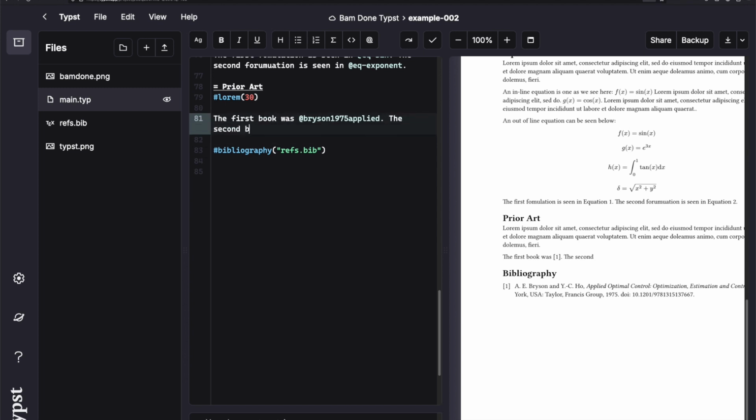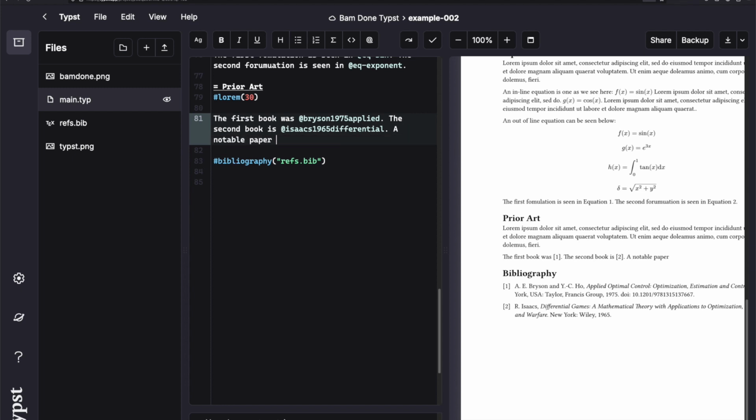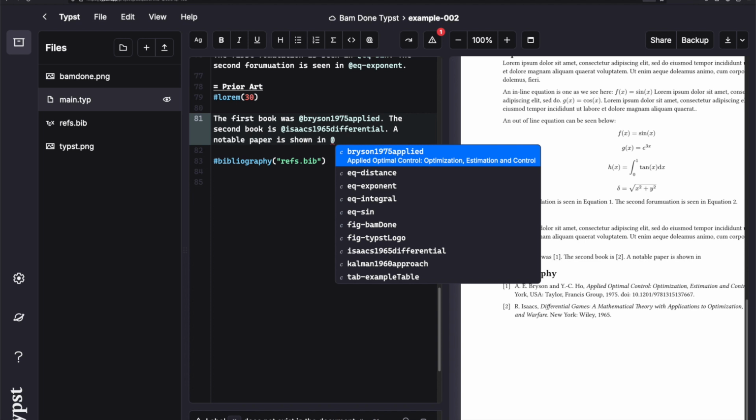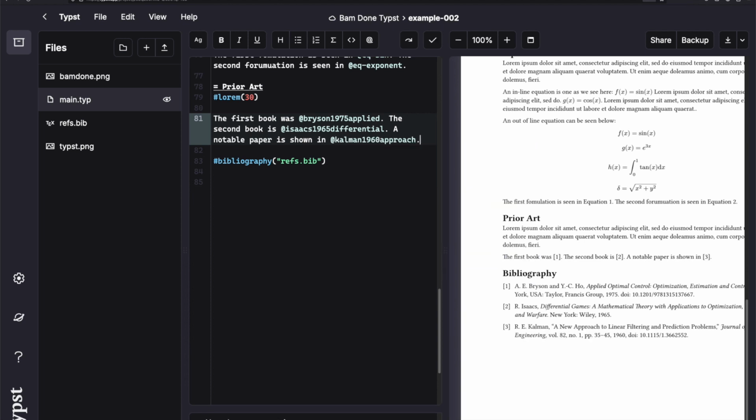The second book is that one, and a notable paper is shown in, I think I had Coulomb. Cool. And so look, as quickly as I put these @ signs in, the bibliography was built,